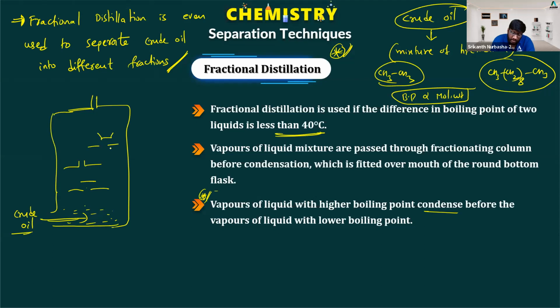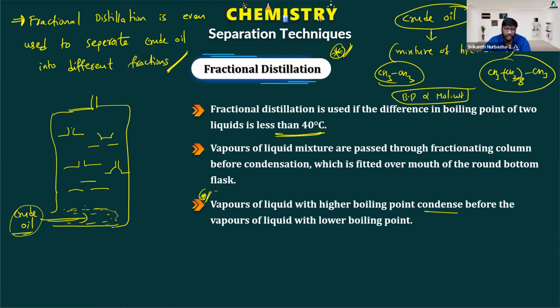Theoretical plates were kept in this fashion to pass the vapors. Some 100 to 200 plates were placed in this manner. Whatever crude oil we dig from the ocean or from the ground, which is what ONGC people do, they will collect it and place it in the lower part of the